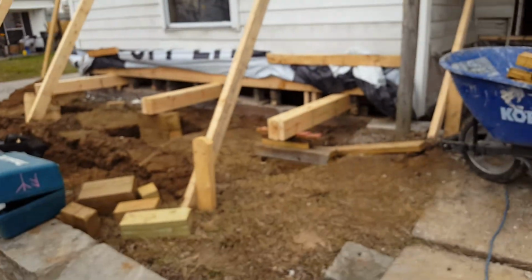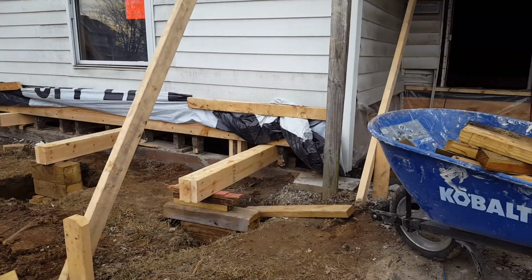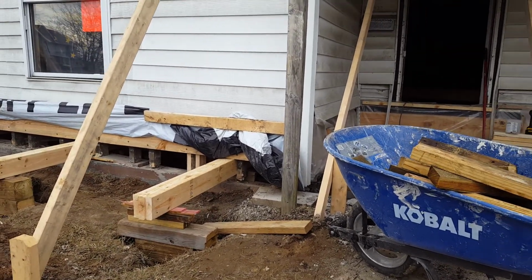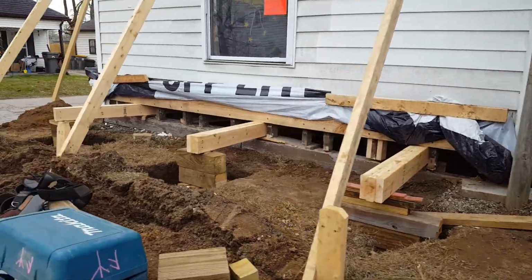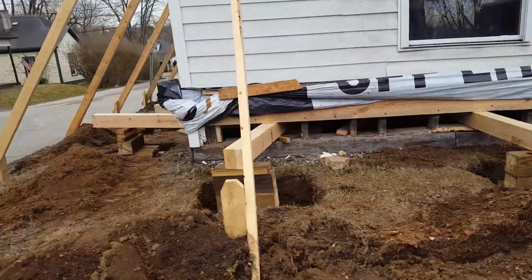For those of you who are familiar with this project, I'm picking this house up off of the ground to get it all leveled out, which has been quite a bit of work for one guy. It's ongoing, but it's happening. So anyway, I've